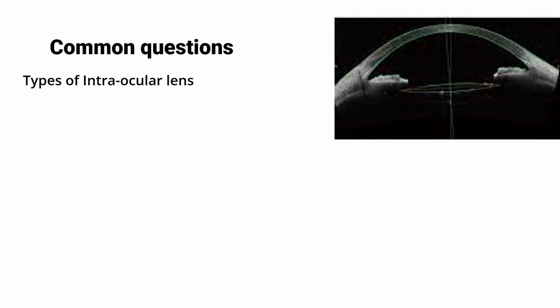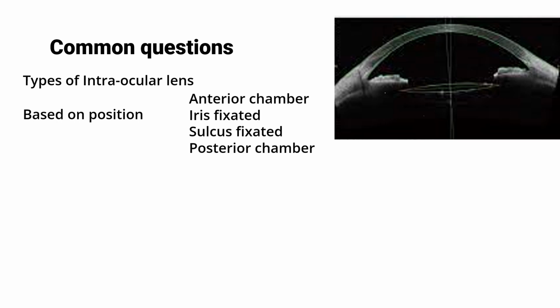Now the common questions asked are types of intraocular lenses. So it can be based on position. It can be an anterior chamber intraocular lens, which is placed in front of the iris in the anterior chamber. Anterior chamber is bound by the cornea in front and the iris behind. Or it can be an iris fixated IOL, where the lens is fixated to the iris,